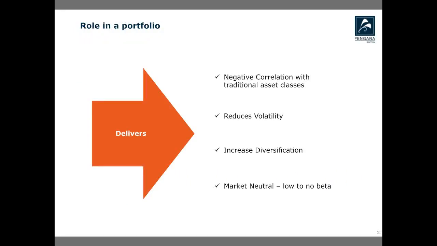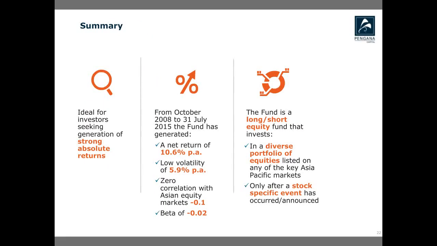So just finally, the role in a portfolio: this is genuinely not negatively or neutrally correlated with traditional asset classes for the reasons outlined. It is much lower volatility and different correlations, so the overall volatility of the portfolio comes down. It genuinely increases diversification. This is an alpha strategy, not a beta strategy, and that's why it plays that role. And then just a summary slide. I'll leave it there, and we'll open. I think we've got a number of questions, so I'll pass over to Vikas to answer those questions.